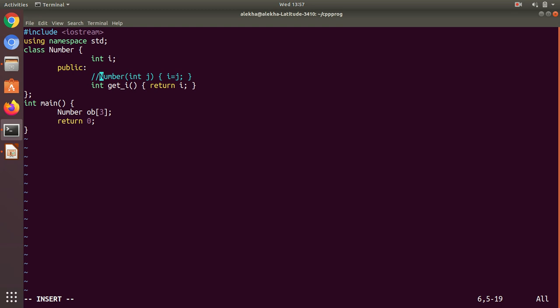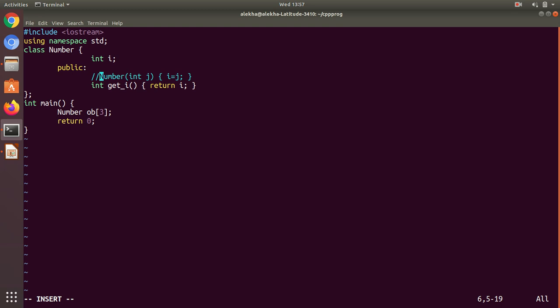When the user has not defined a single constructor, the compiler will provide a default constructor. Now it will work. But once you define at least one constructor, a parameterized constructor or something else, then the compiler will not provide any default constructor.